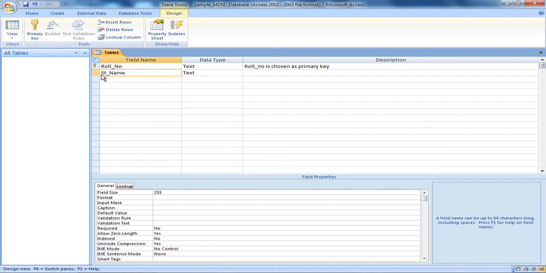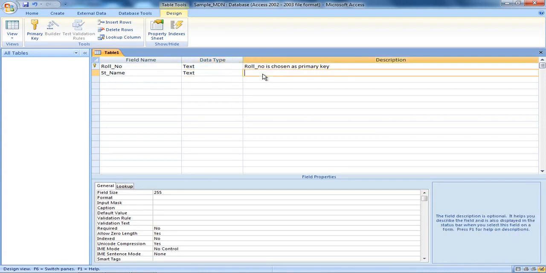Okay, I am not giving this, so I want to change it to st underscore name. Always remember, do not give any space between two different words. Whenever you are writing any field name, try to give a complete field name, or if you are giving two different words, put an underscore. Do not give space. So I have written st underscore name, that is student name. Name is a reserved word here.